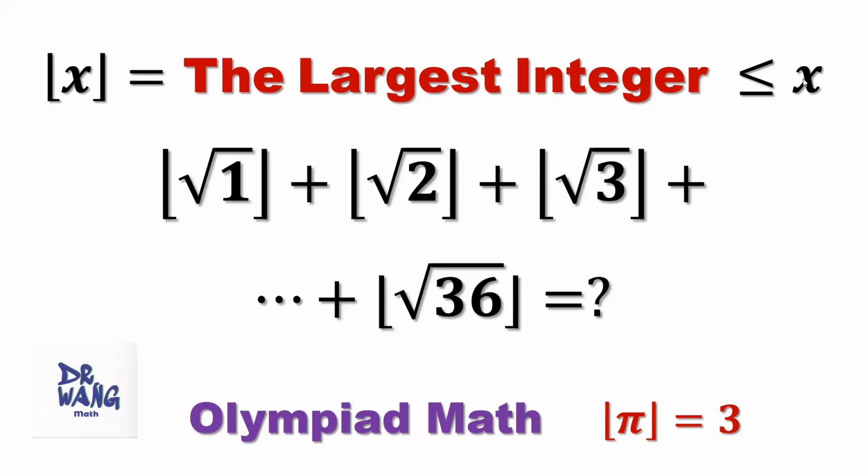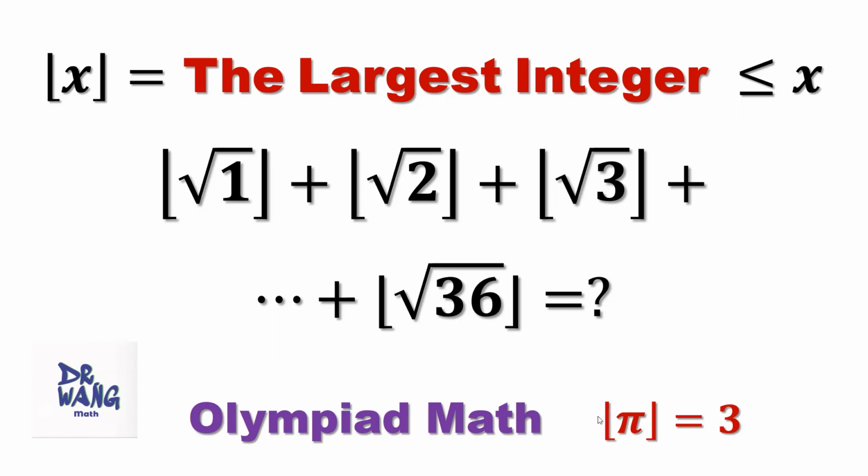What does this mean? If x is an integer, it is itself. If it is not an integer, a decimal number, that means x is in between two integers. One is on the left-hand side, one is on the right-hand side, two nearest integers. The left-hand side one we call the floor function. The right-hand side one we call the ceiling. So here, the function we used is called the floor function.